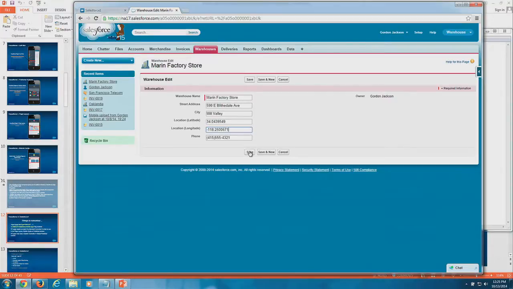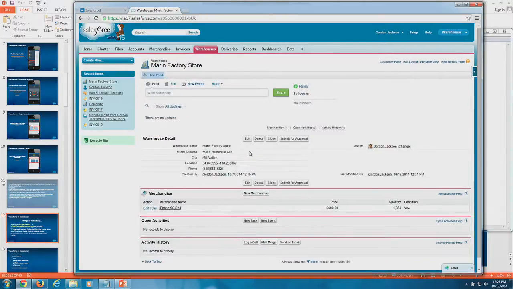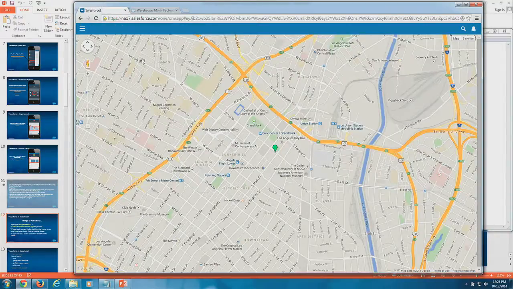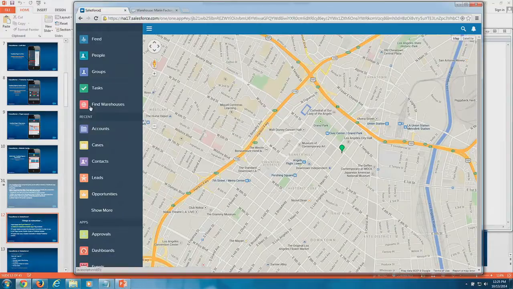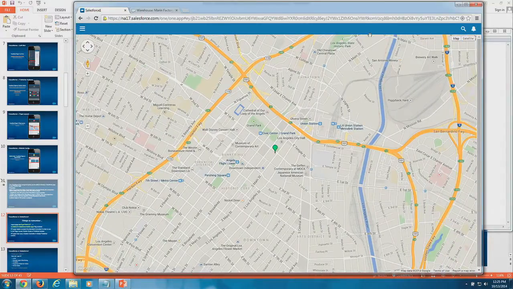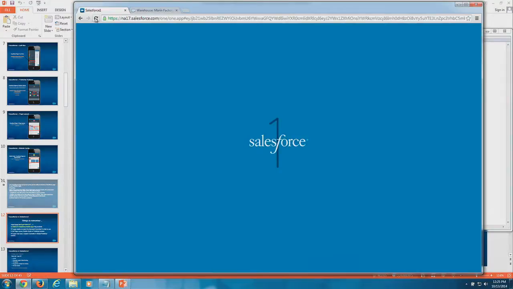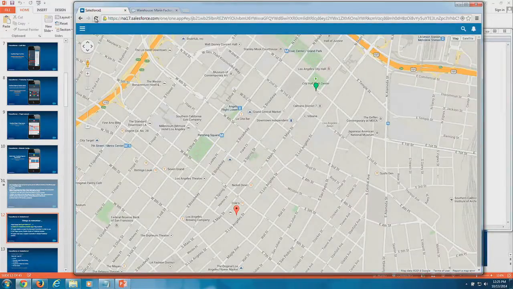There we go. So I'll save that. Now this should put us into an area on the map. If I come back here, I might need to reload the page. Let's reload this. Boom! There we go. And if I hover over this, I can see just by making the change to the